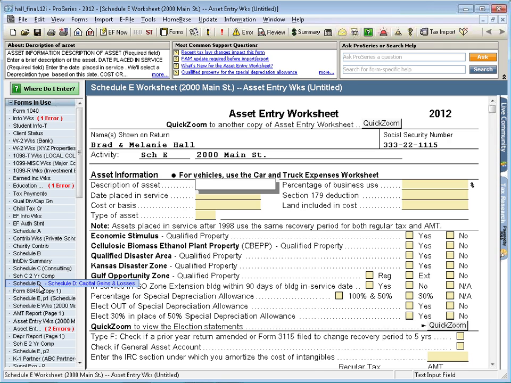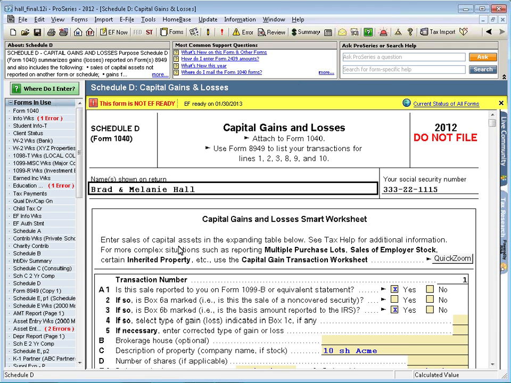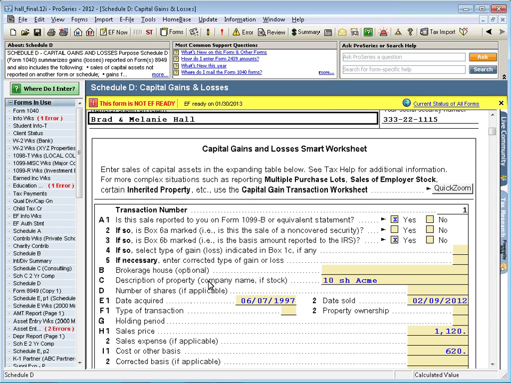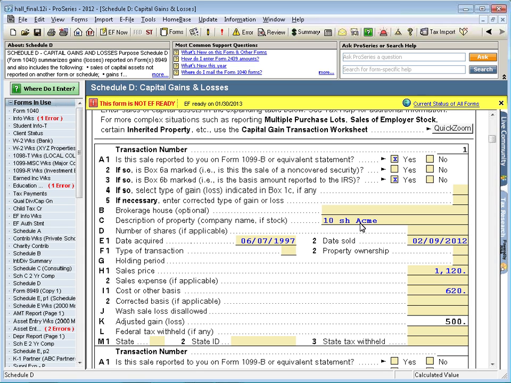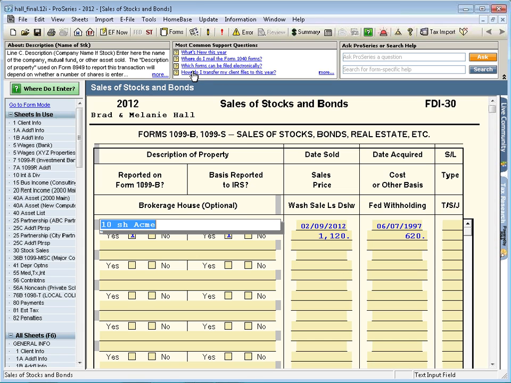So let's look at our Schedule D. What happens if we have a whole list of stock sales that we need to input? When I am in Forms mode, each stock sale has its own worksheet. Let's switch over to QuickEntry mode. What does that look like? Again, we have more of a spreadsheet kind of format that allows us to enter into this table, making it much faster to enter. So it really is a nice way to enter information,